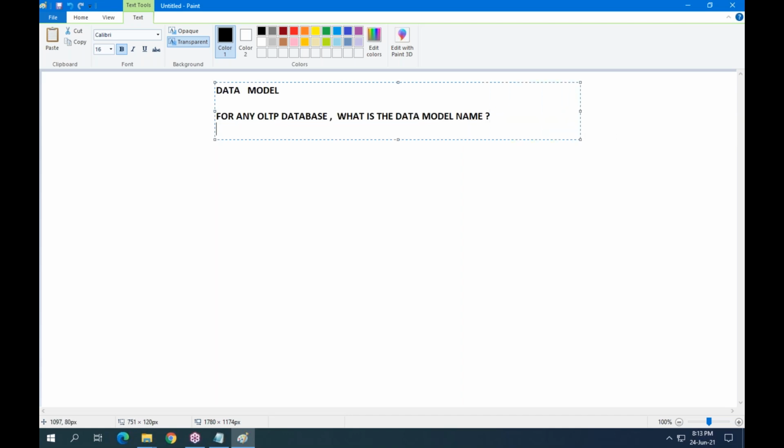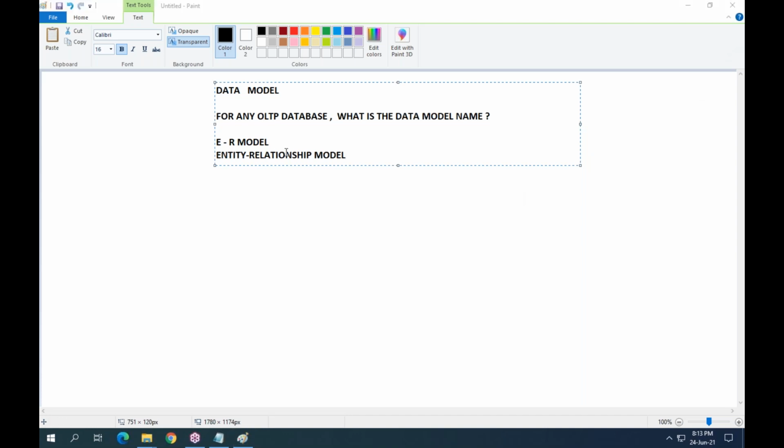The data model name is the ER model. ER means entity relationship model. So this is the data model for an OLTP database.